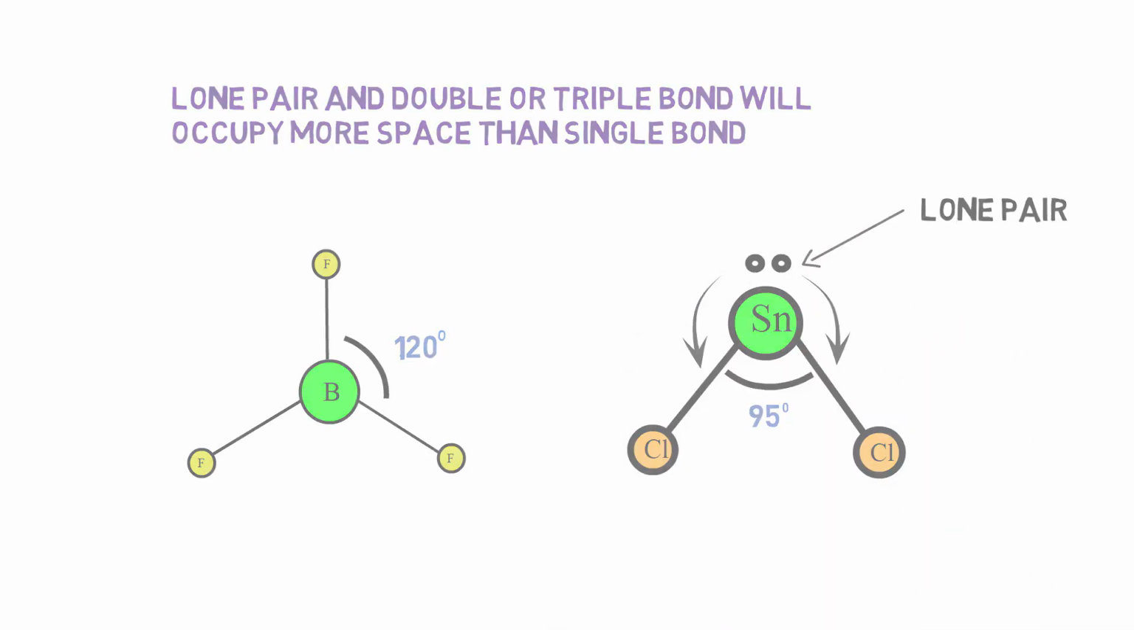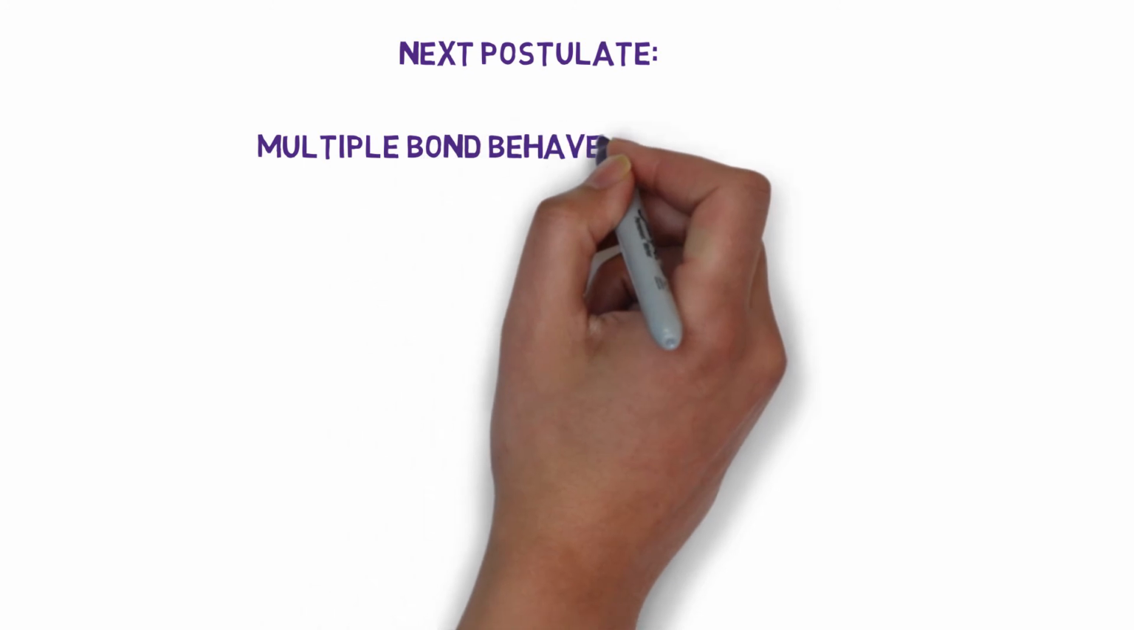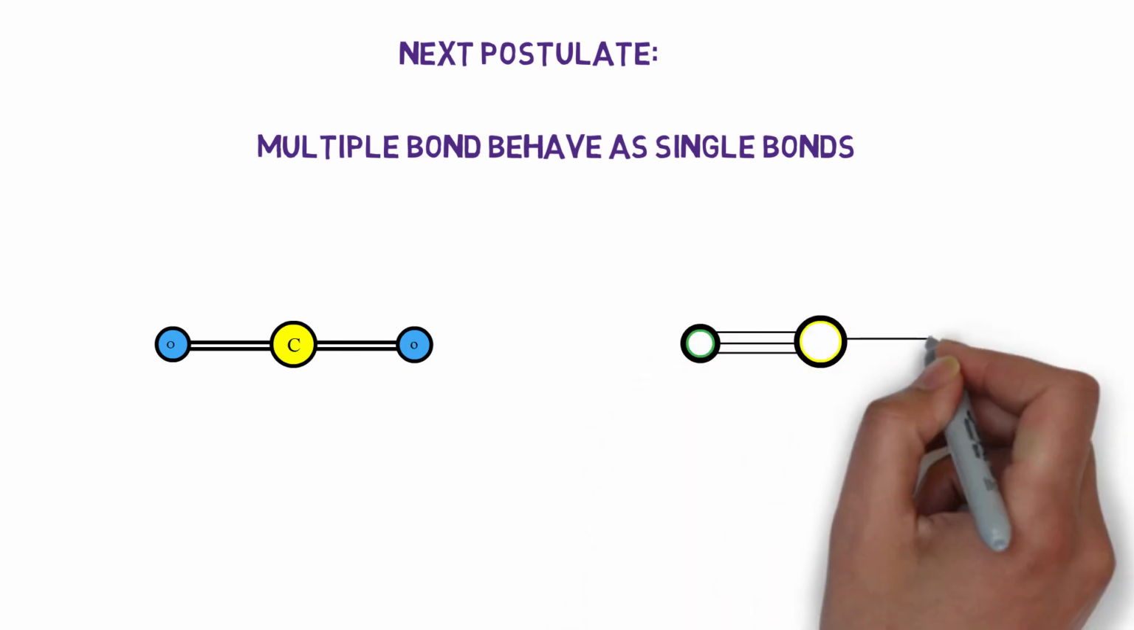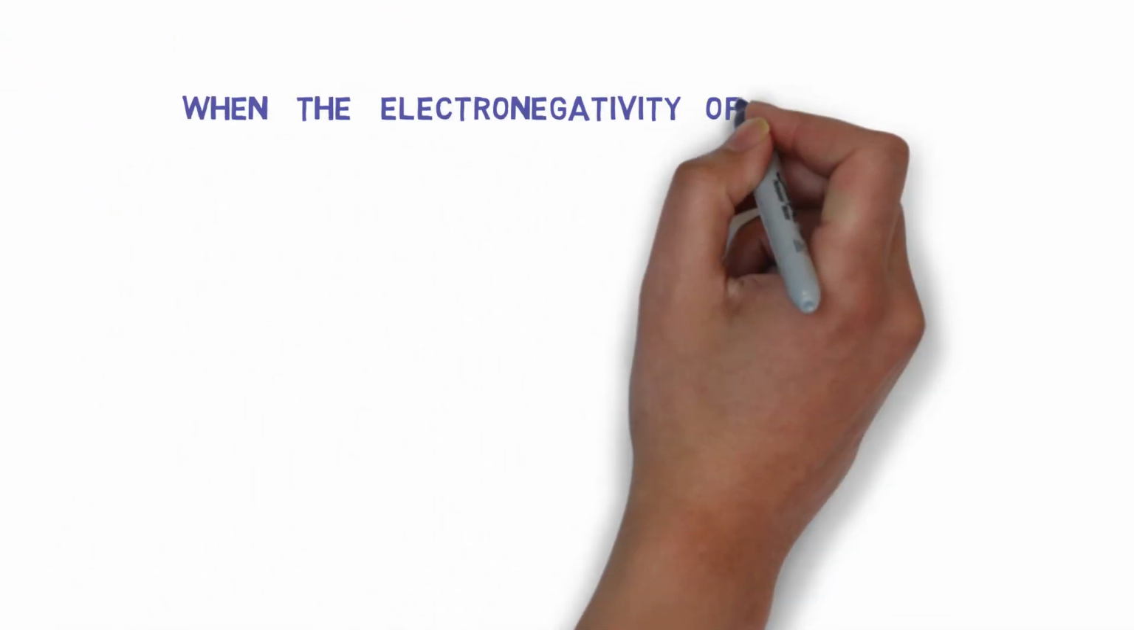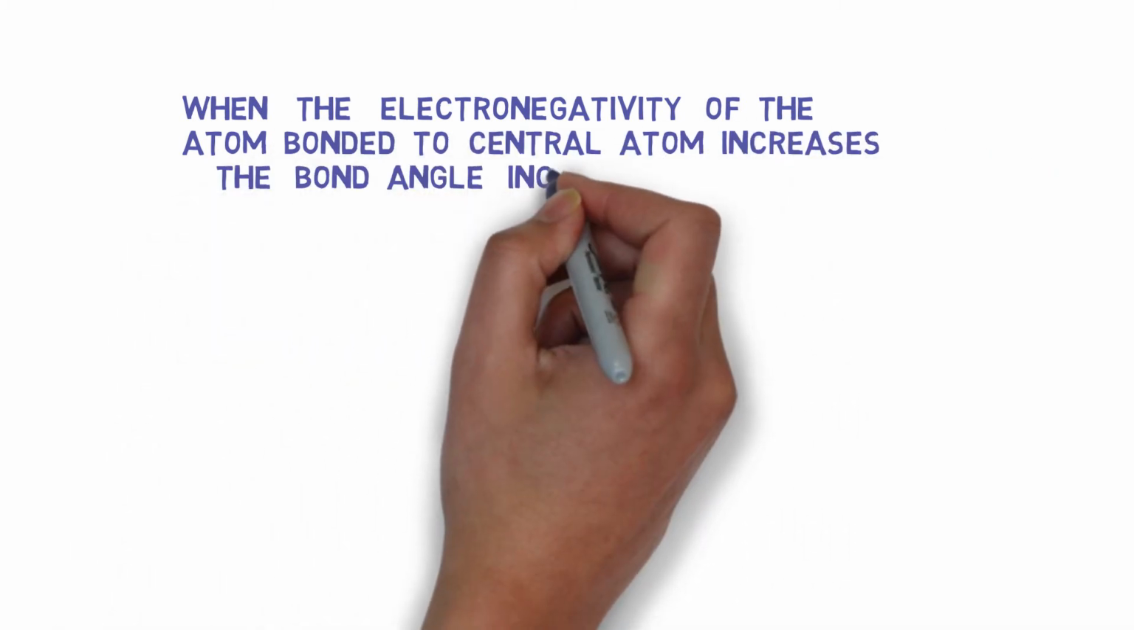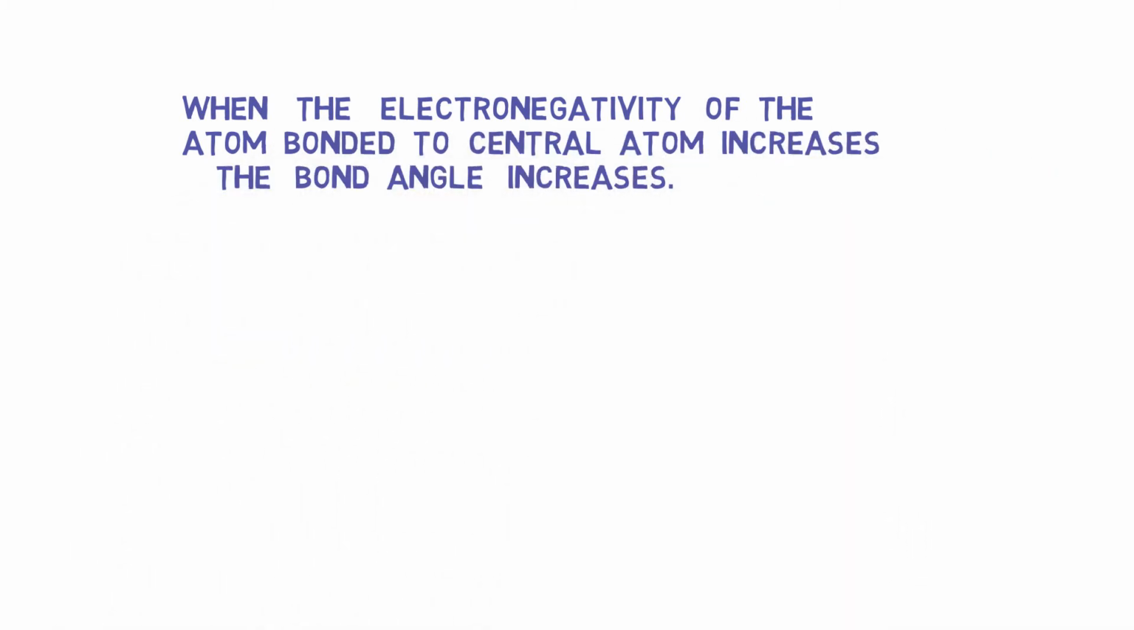The next point is that a multiple bond behaves as a single bond. So the double bond in carbon dioxide and the triple bond in hydrogen cyanide still have a linear geometry, just like beryllium chloride. The next postulate is that when the electronegativity of an atom bonded to the central atom increases,